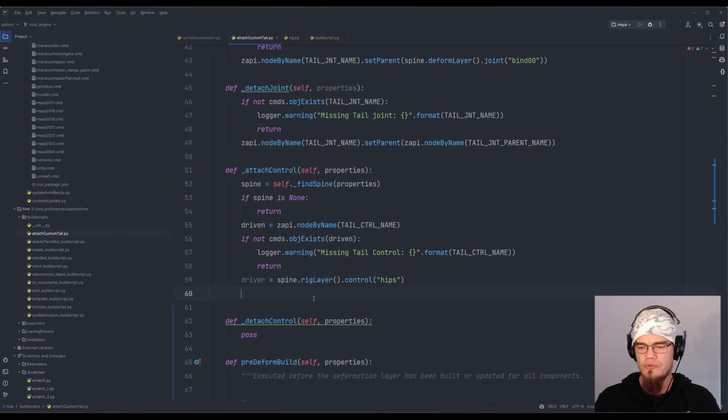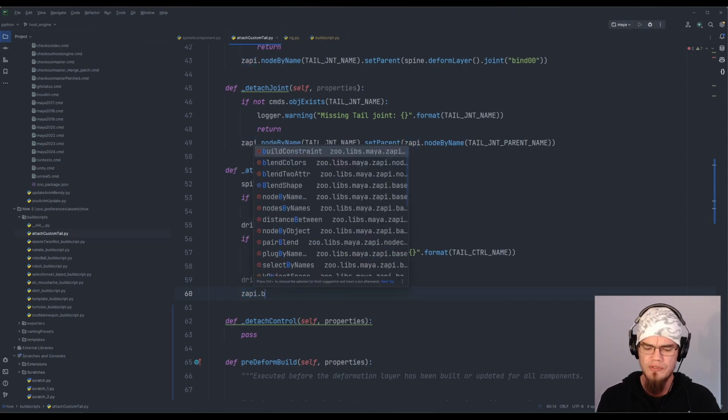Now we wanted to create a constraint that constrains our control to the spine. Now I'm going to use a matrix constraint here. And now there's a limitation with the matrix constraints that we have in Hive, where it doesn't actually do space switching and it doesn't support joints. But it's a perfect situation where we don't require any of that. But we do need to maintain offset, but it comes with that capability as well. So simply put, I'm going to go to zappy.build